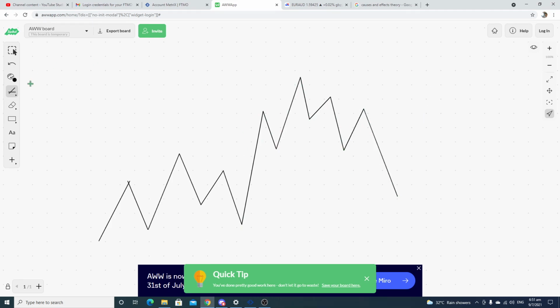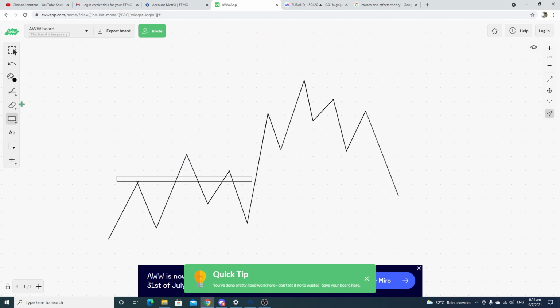remember, supply is always found after a push. After a push, a supply will always come. Like in this case, this is a supply. A demand always happens after a drop. The lower the demand, the stronger the price is likely to react. Like in this case, price goes down to here, people see it as a downtrend, right? People see it as a downtrend.